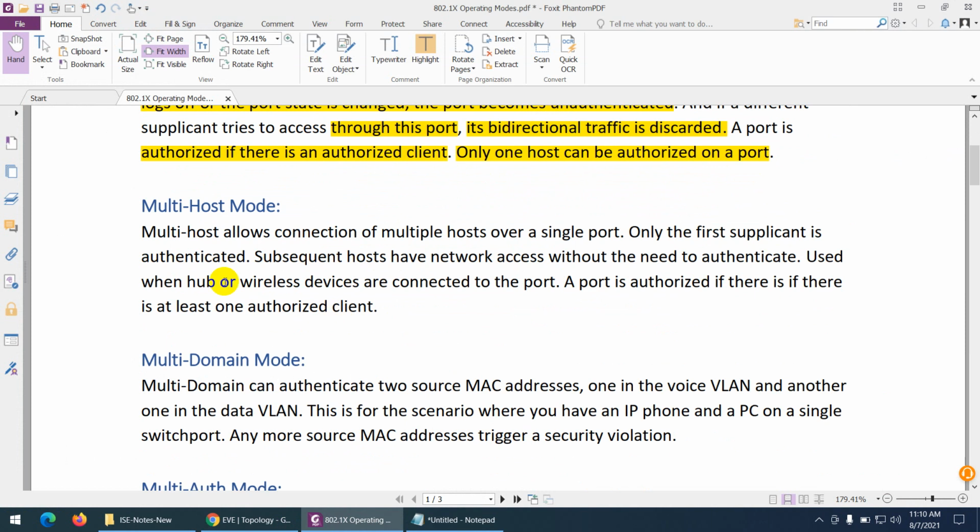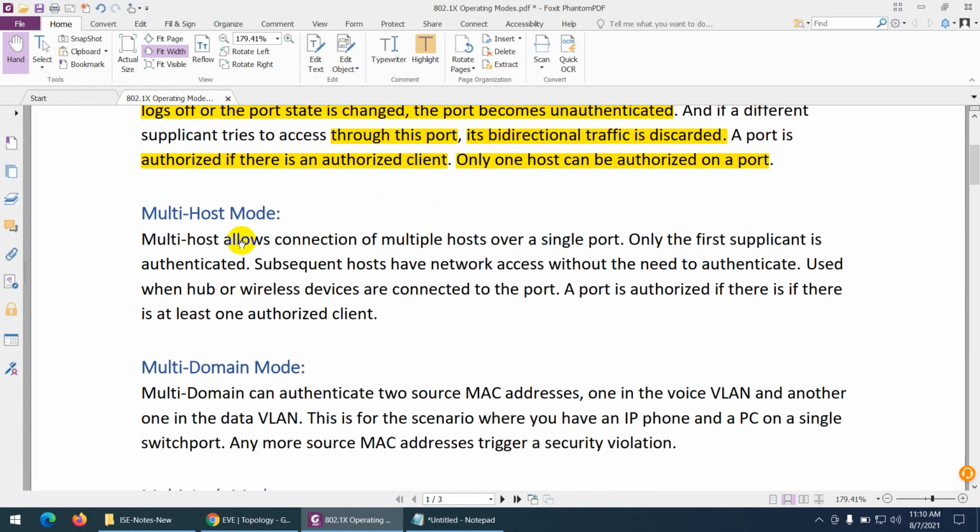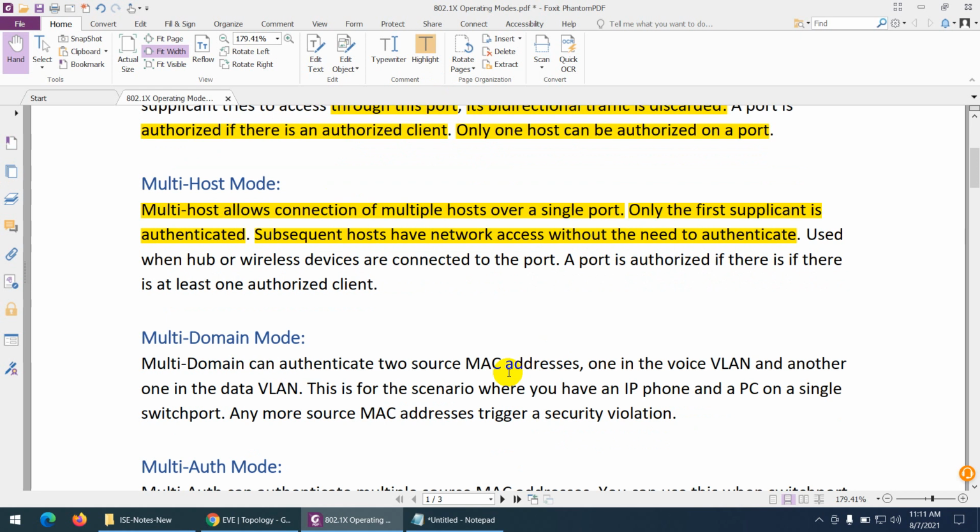Another mode is multi-host mode. Multi-host mode allows connection of multiple hosts to a single port. Now multiple systems can connect, and multiple endpoints and supplicants and end devices can connect onto a single port. Only the first supplicant has to authenticate, and the subsequent hosts have network access without the need of authentication. It means the first one has to authenticate and the rest of the devices will authenticate automatically and they can access